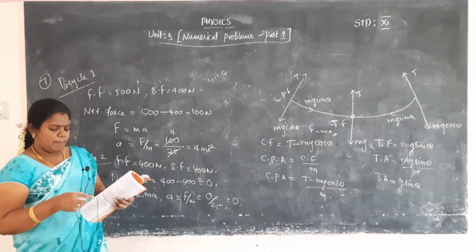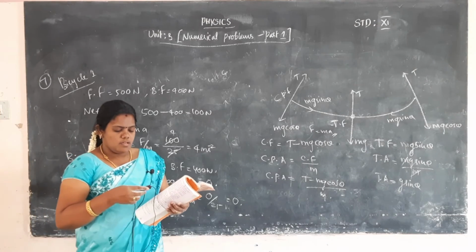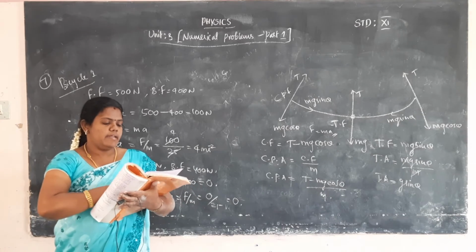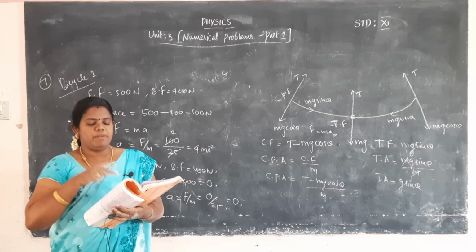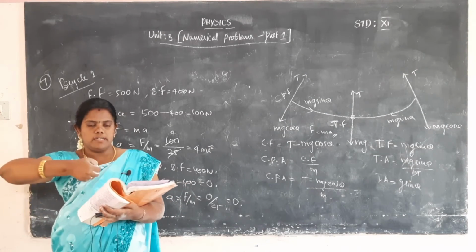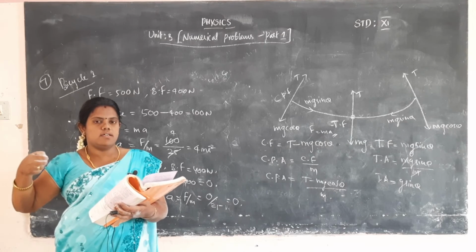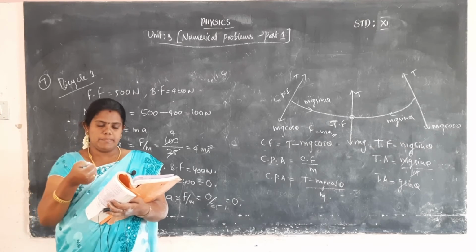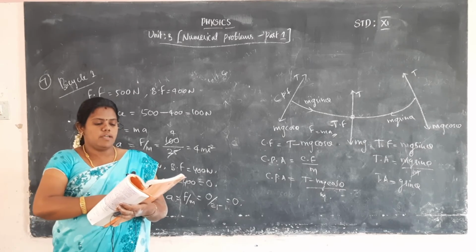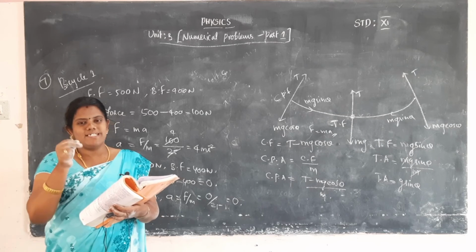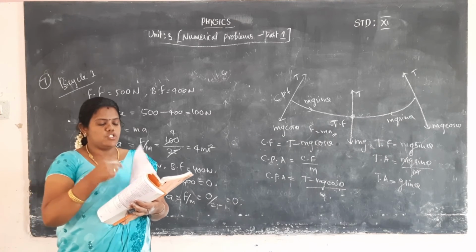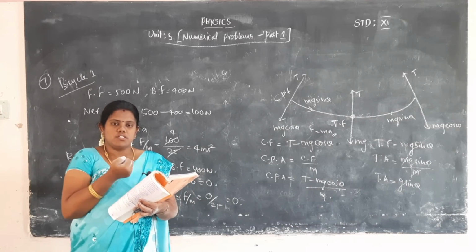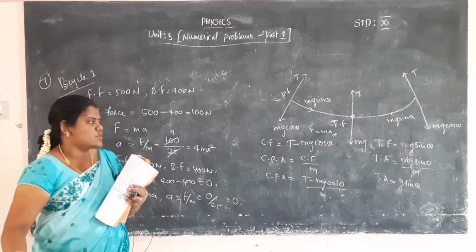Then next I will go for the next one, that is the eighth problem. Apply Lami's theorem on a slingshot and calculate the tension in the string. One picture is there: one person will pull the string on the slingshot. Calculate the tension on each string. What is the force that will be applied on the string? What is the tension?